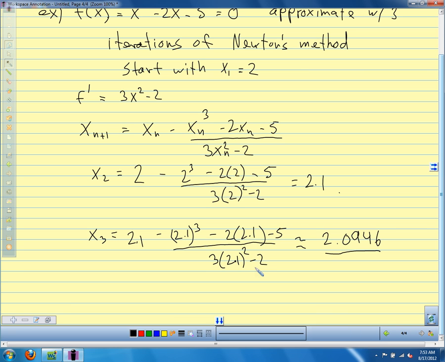Questions? All right. Newton's method, again, more derivatives, more algebra, but a pretty straightforward algorithm. We have a few minutes. Okay, good. This is where Newton's method, I think, is really interesting. Newton's method leads to